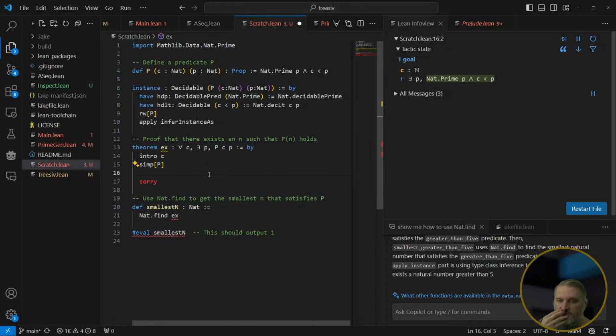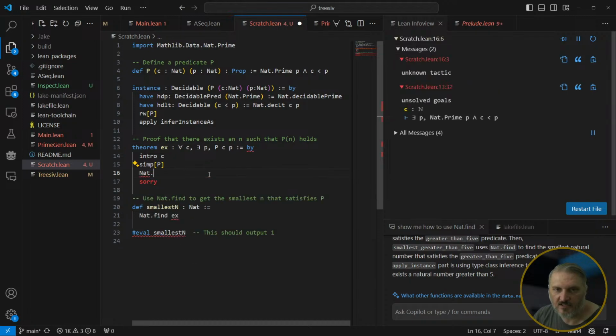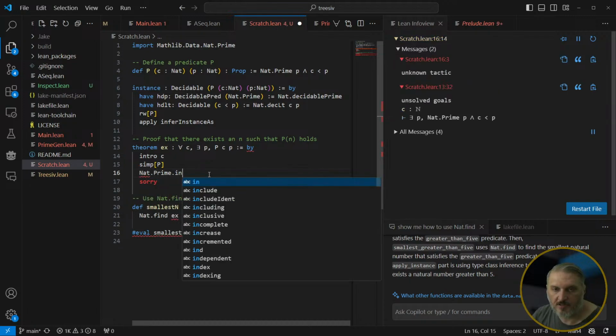How do I do this? I need to create a value of this type. So I need to say obtain... how do I know that this exists? We say nat prime in